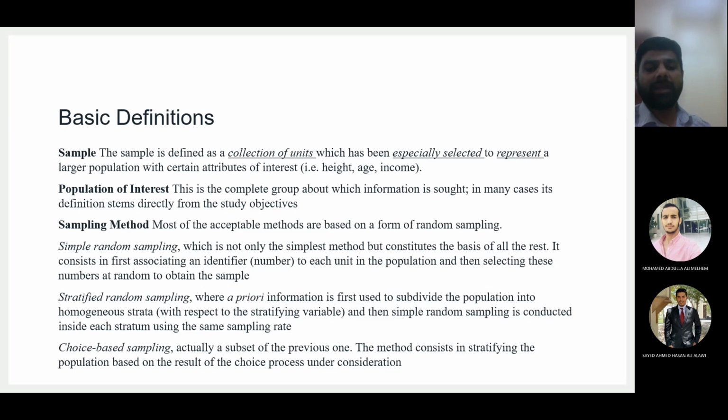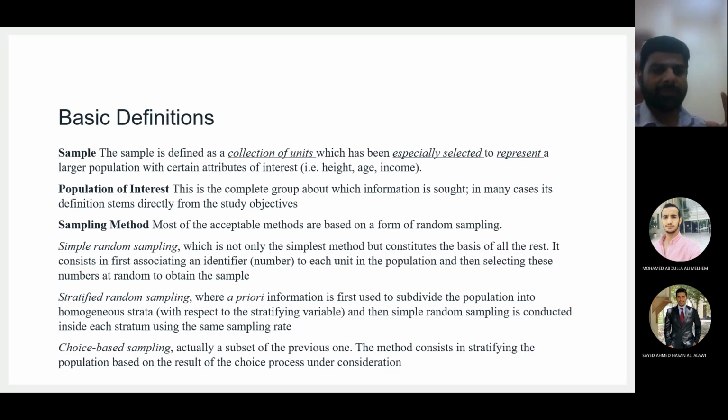Then we have choice-based sampling. Choice-based is more advanced because now you are collecting samples randomly according to the choice of the travelers, so according to the output which you want from the sample. For example, you may collect samples from people who are choosing to go by bus, by car, and by taxi. So you have three groups, and these groups are not made according to the characteristics of the people. They are made according to the choice of the people.